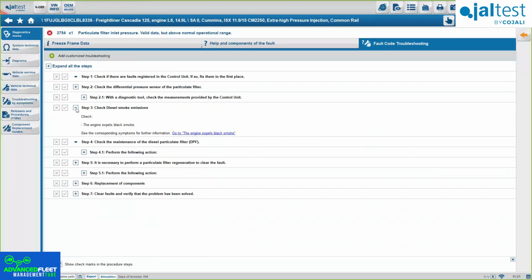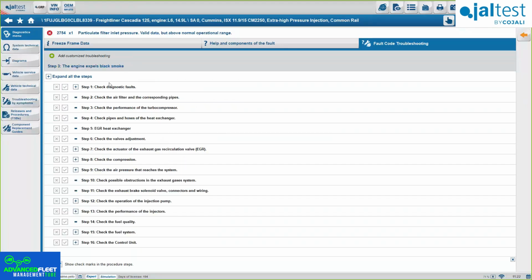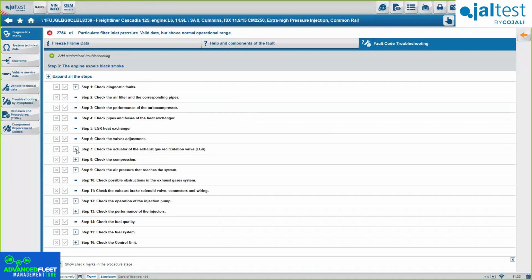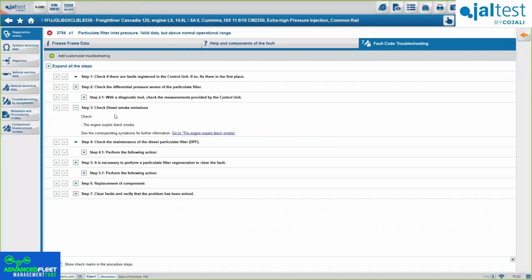Again, if there are some other symptoms, let's say what we call the troubleshooting by symptoms, imagine there's no active fault code, but there's a black smoke coming out of the engine. You can always click on the fault code, troubleshooting by its symptom, and we will direct you to a different fault code troubleshooting for that symptom specifically, okay? In this case, it's a more general one because it's a symptom, not a fault code. So it's basically a general description on what to do. If we go back, we should remain on the same spot, okay?